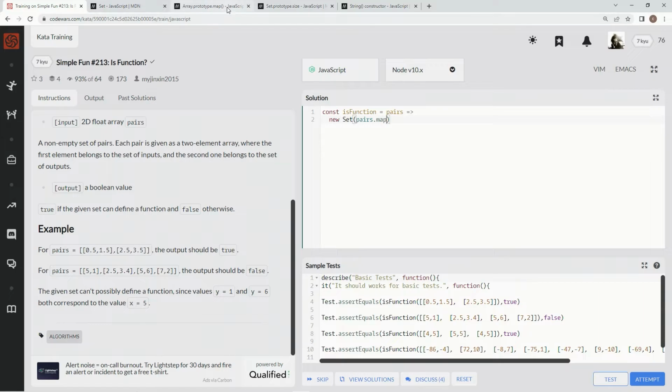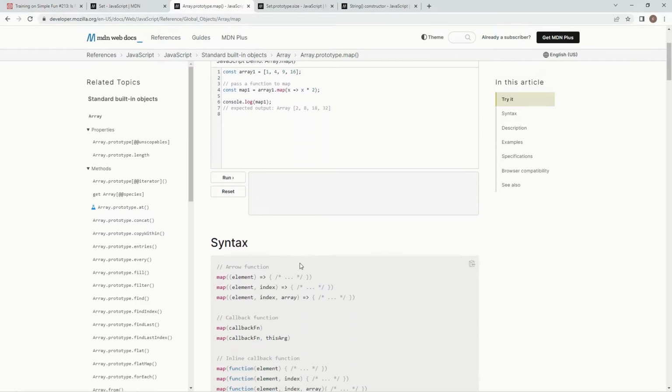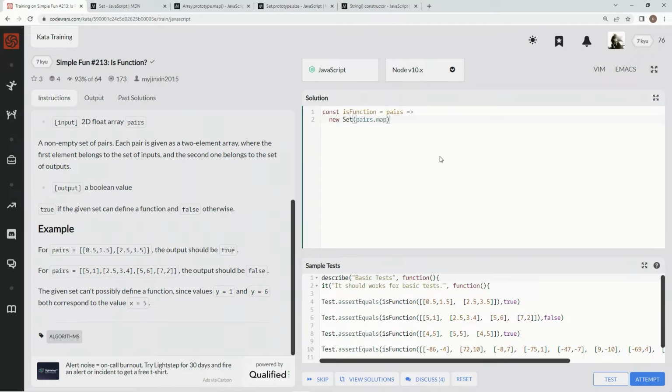Okay, and the map basically just creates a new array populated with the results of calling a provided function on every element in the calling array. So this one has x times 2, so it's just going to multiply each one of these elements times 2. So the answer is going to be 2, 8, 18, and 32 from 1, 4, 9, and 16. The syntax we're going to use here is just the regular old element syntax, I should say. All right, so we're going to say map element, and we just want element